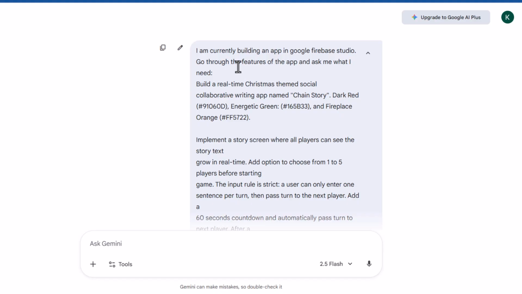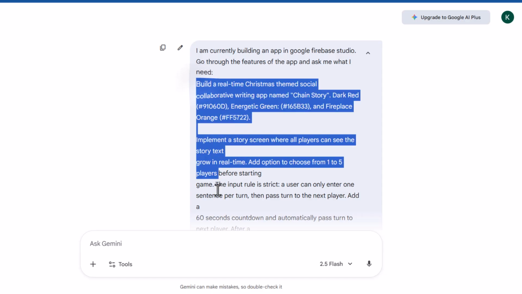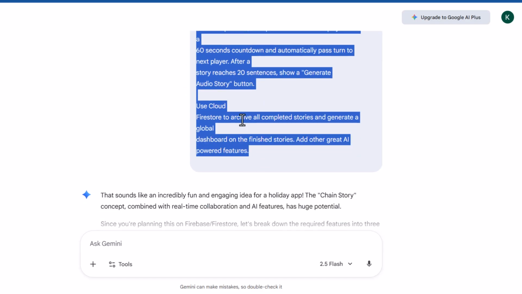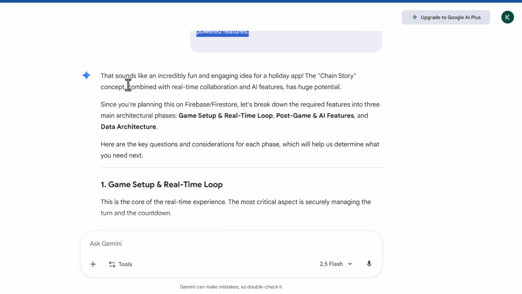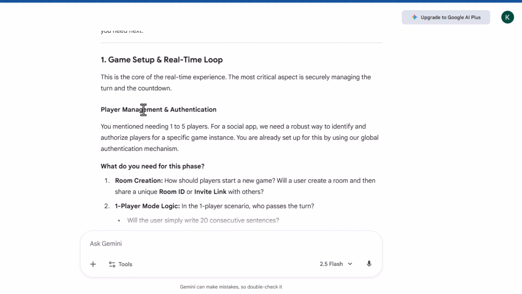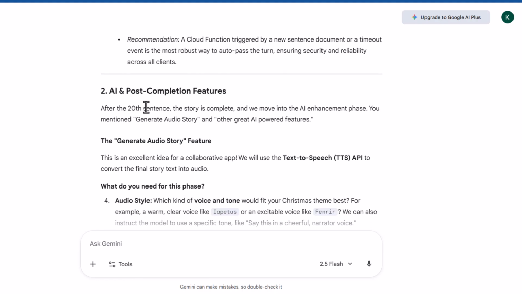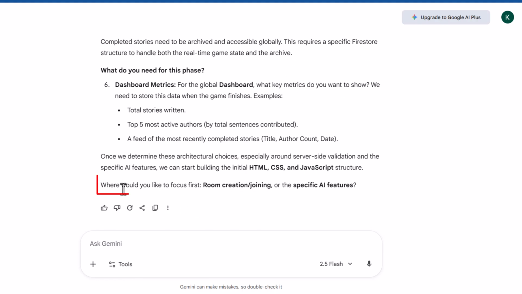So I first of all go ahead to say I'm currently building an app in Google Firebase Studio. Go through the features of the app and ask me what I need. Then I provide the exact features we provided when inputting our prompt in Firebase Studio. And now it understands and lists out the various features as we initiated. Then it goes on to say, where would you like to focus first? So it's now asking what I'll need,